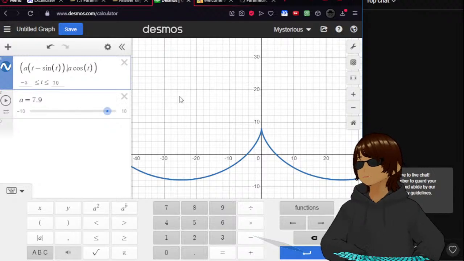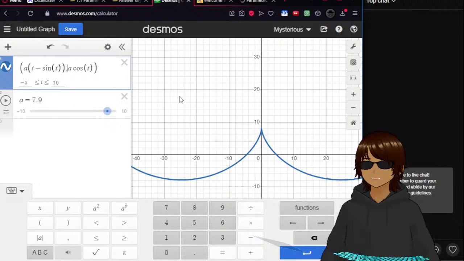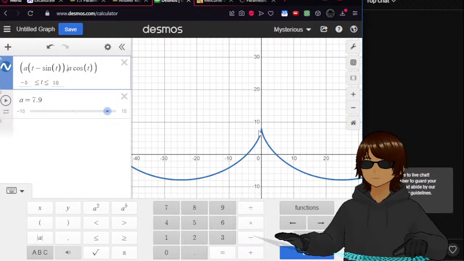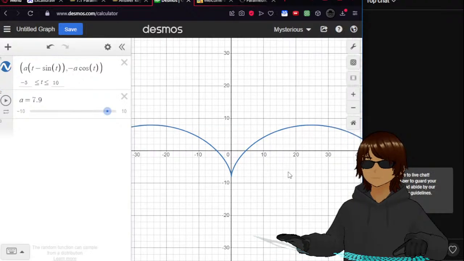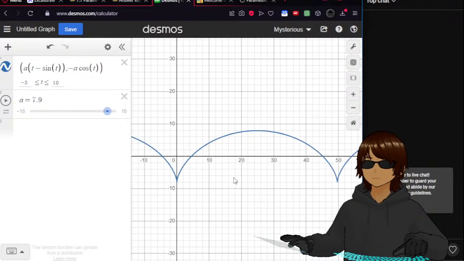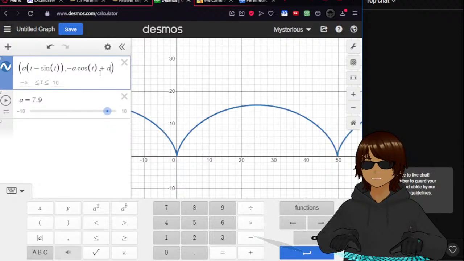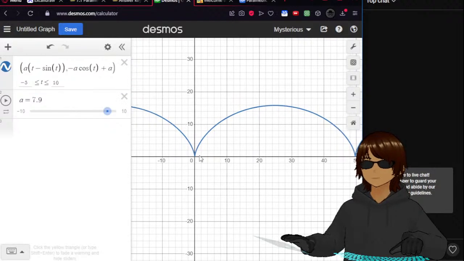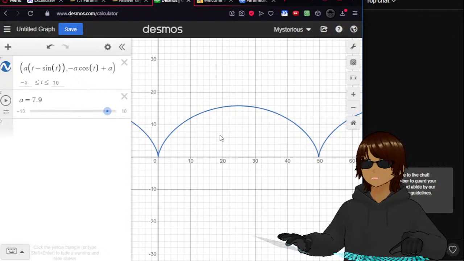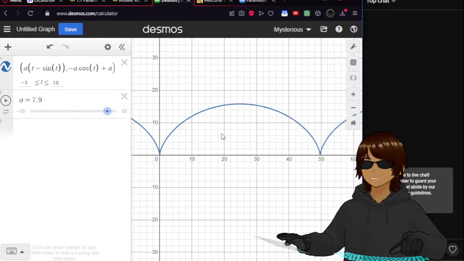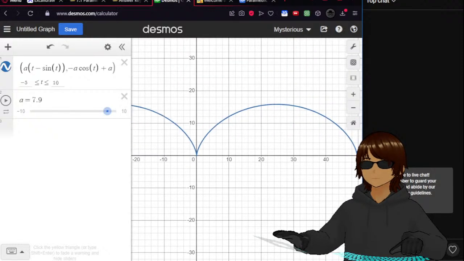Hey, let me think. Viscosity starts at 1 and keeps decreasing, right? So if we do minus, we'll have the reverse effect. And of course, we do plus A so that it reaches the end. So it touches 0. Cos starts with 1, so the height is A. Anyways,